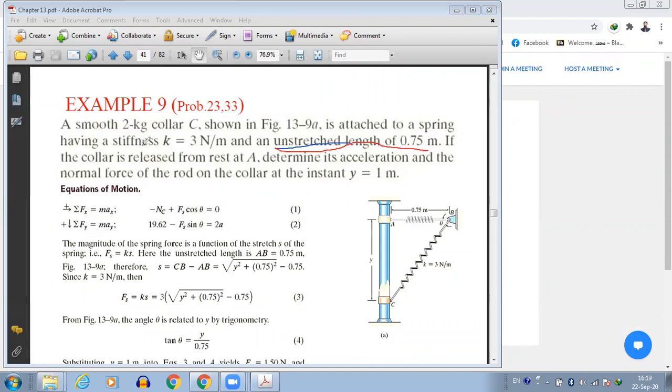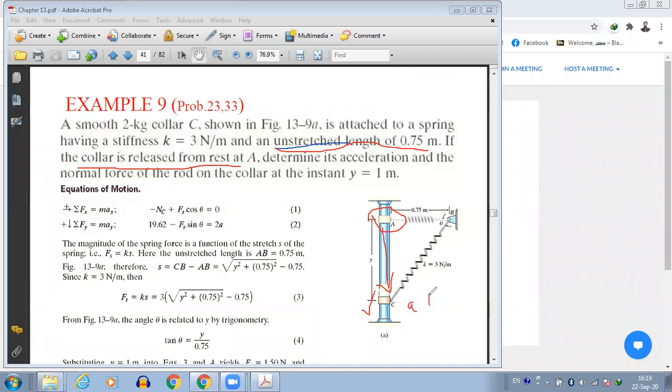If the collar is released from rest at A, this is a 2 kg collar, and when it is released from rest, obviously 2 kg is quite a mass, so it is going to go down. Determine its acceleration and the normal force of the rod on the collar at the instant y equals 1 meter. So when it reaches from A to C, at this point we need to find its acceleration